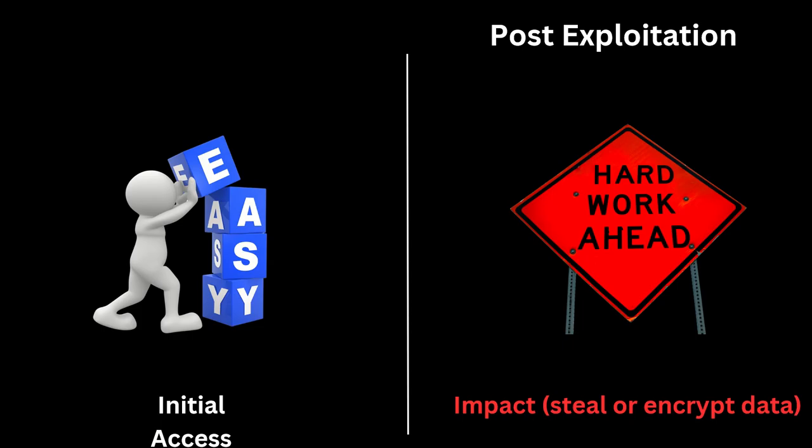So that is where I say that the initial access, in my opinion, is very easy. Like the initial access into the network, you can get it very easily when you compare it with the post-exploitation phase. You can get it via social engineering, via phishing emails, or by exploiting some vulnerability in public-facing applications. But once you are inside, the post-exploitation phase is long. It's a long hike, where you have to actually stay hidden in the network, evade all the detection